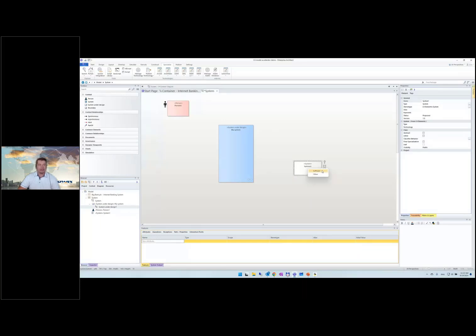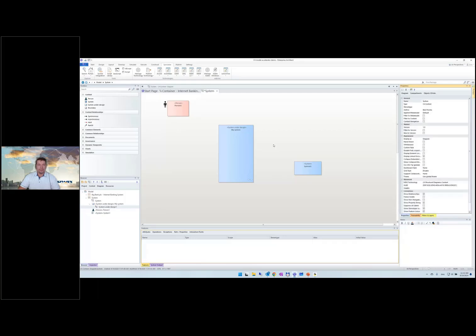But in the case, for instance, of a container, there are predefined types like service, database, and application. Of course you can change it afterwards by just using the property window and changing the value in it. So very quickly you use the relationships,